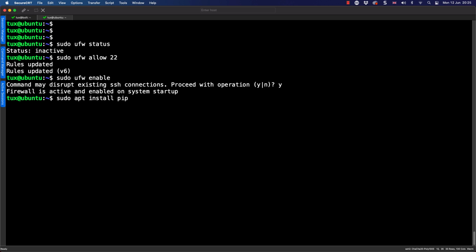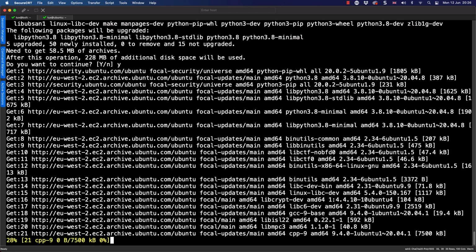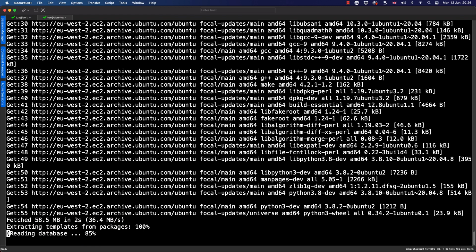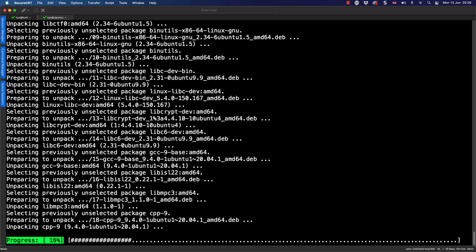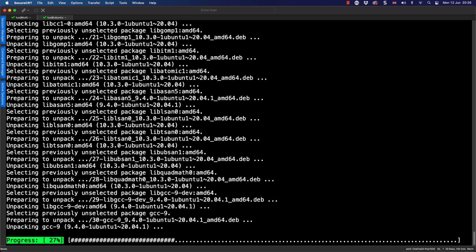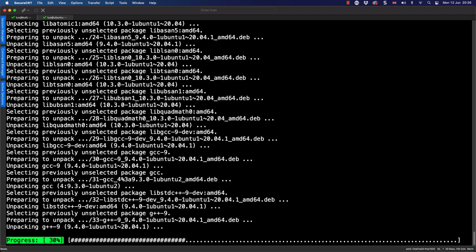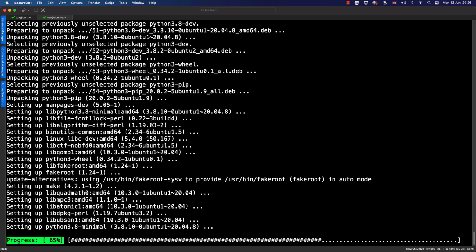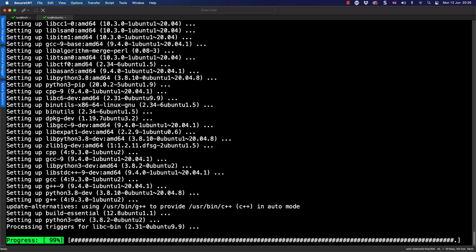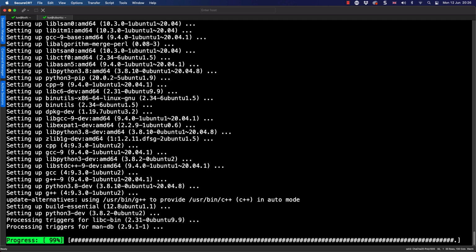So sudo apt install pip. Hit the big enter key on this and we can allow it to go through, pull everything down that we need, and we'll then have our Python installer program ready to go. With that, we can go through just like we install normal software, but we go to our Python packages, our PyPI repositories, to look for additional modules.